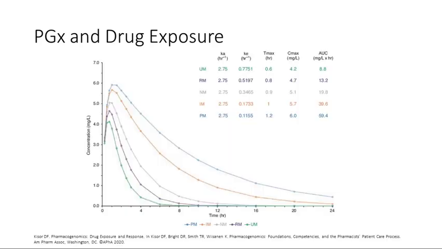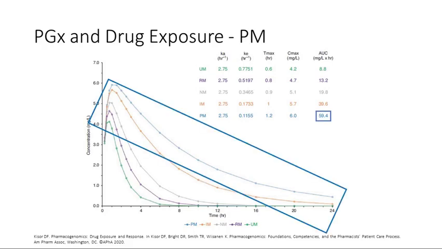So let's now look at the other end of the spectrum and talk about the poor metabolizer. If you were to color in below that blue curve on the slide, below the bottom of the rectangles, that would point out the poor metabolizer exposure: the highest concentrations, but the biggest area of the curve. What are the consequences of a person who has inefficient metabolism and is a poor metabolizer,